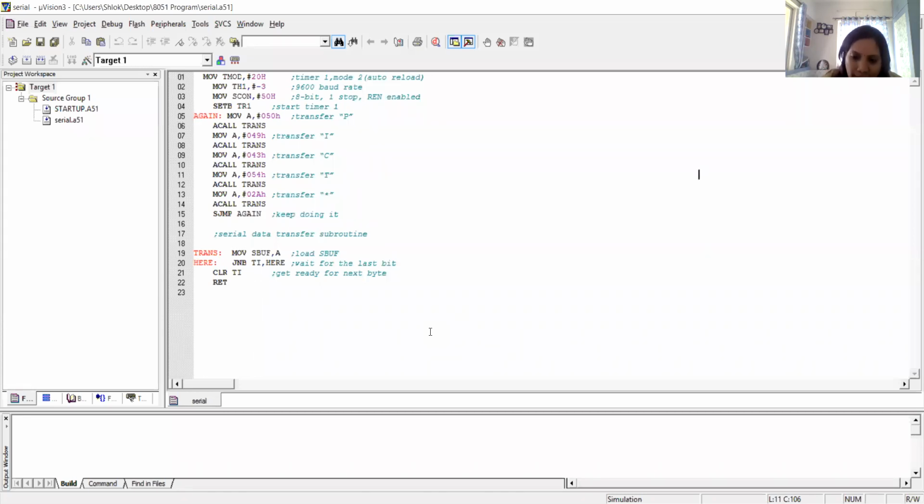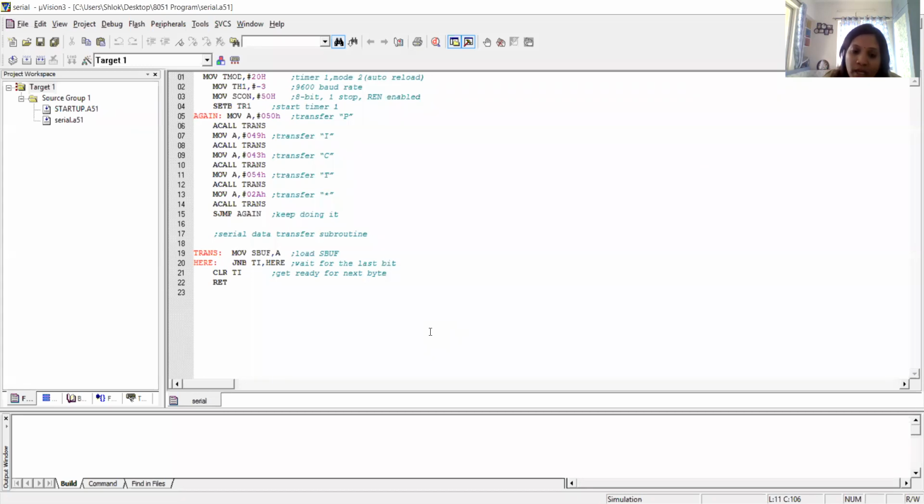Now this character is added with two more bits. Characters have 8 bits, that is the ASCII value of a character. The ASCII value of any character is 8-bit, because we are considering here serial mode 1. So the total number of bits taken for one character is 8-bit. Now with this 8-bit, a start and stop bit is also there.